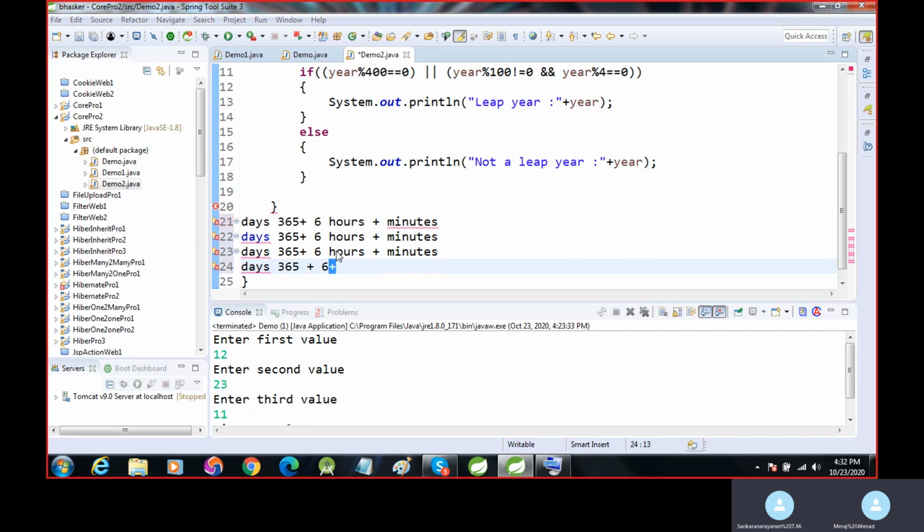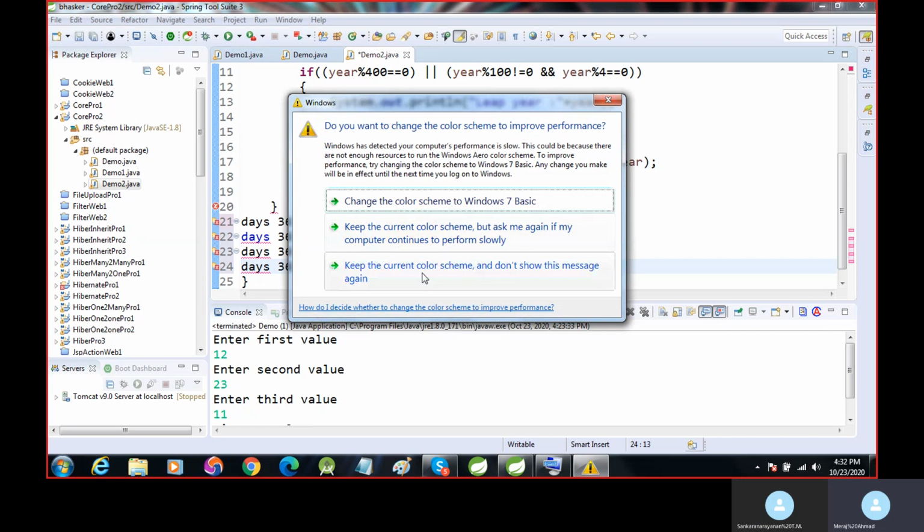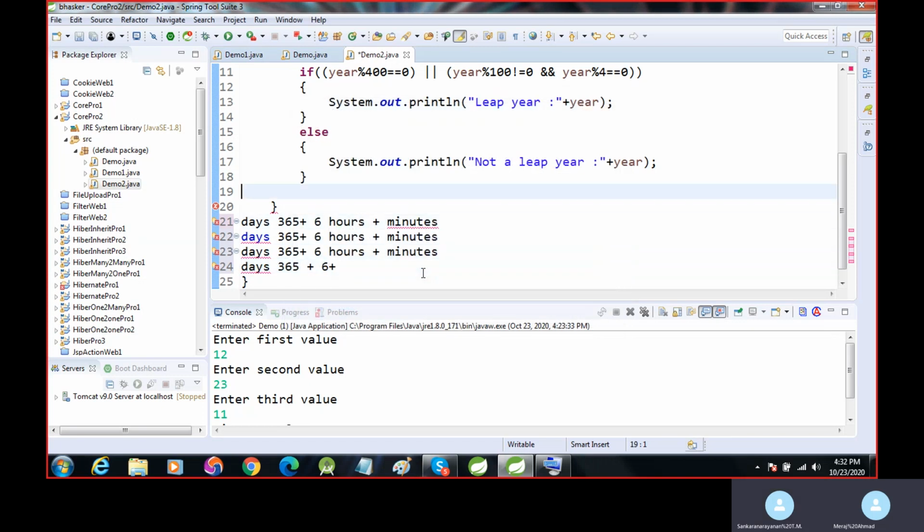So the checking of a leap year is that year mod 400. If the year is divisible by 400, it will be a leap year. And if the year divided by 100 has remainder 0, then it is not a leap year, like 1900.